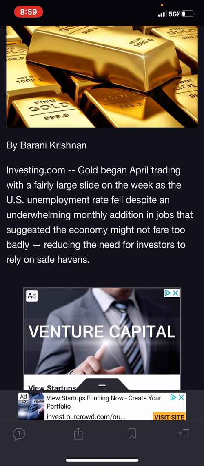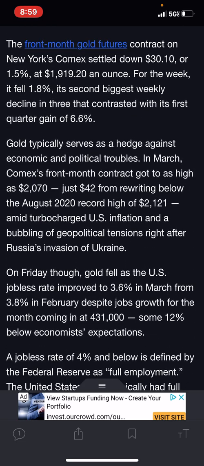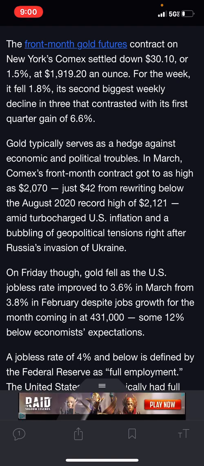Now, it says gold acts as a safe haven, and we're going to get into that in this article too. It says gold typically serves as a hedge against economic and political troubles. That's it acting as a safe haven. So anytime you see geopolitical troubles in the world that can cause the world to panic, just like we have with the Russian-Ukrainian incident, you will see an uptick in gold prices. If we start to see FUD, fear, uncertainty and doubt around the US dollar, that's the economic portion of it, you will see gold prices start to go up.